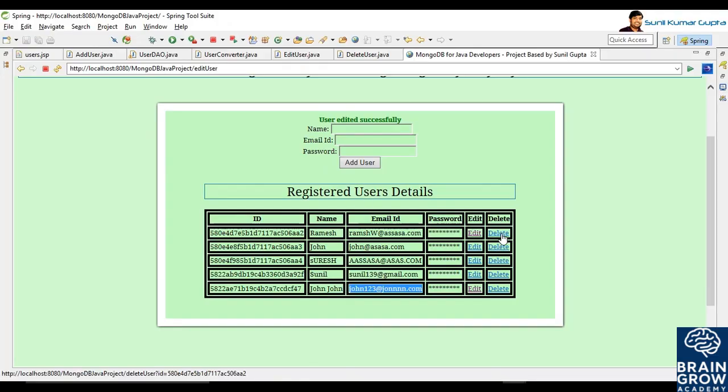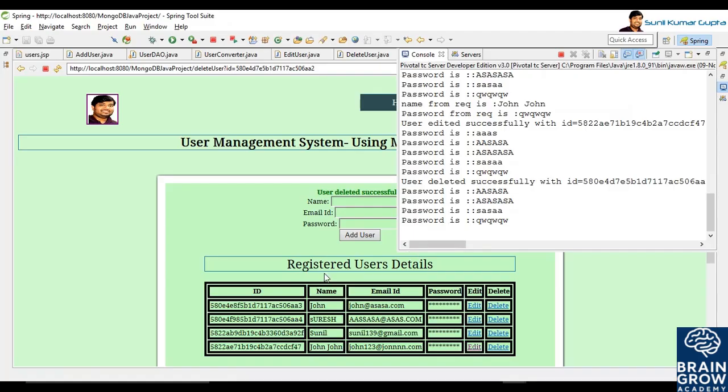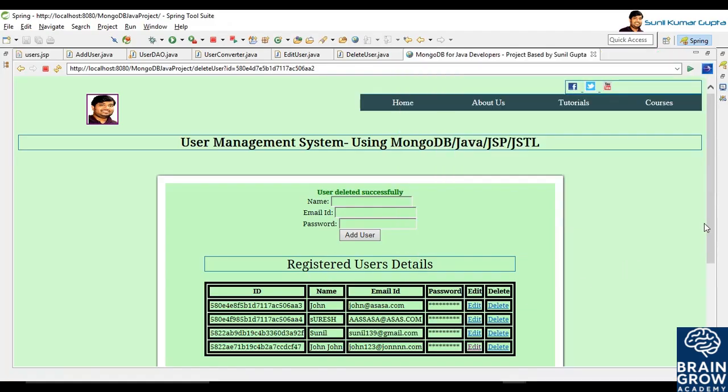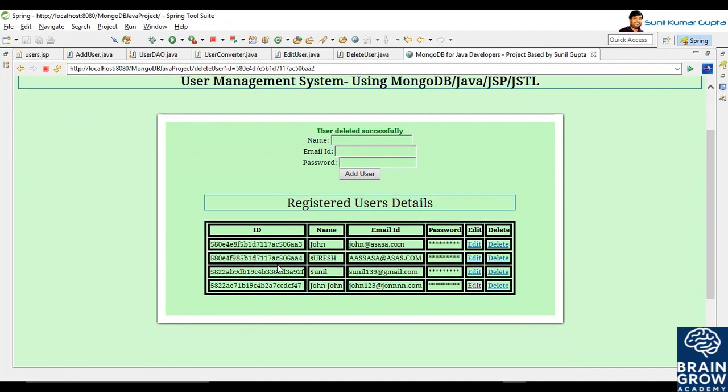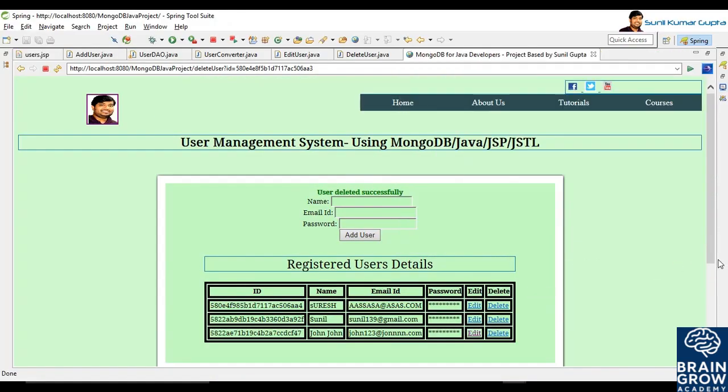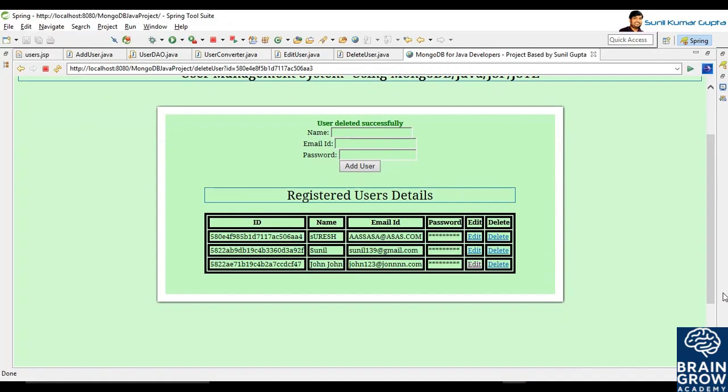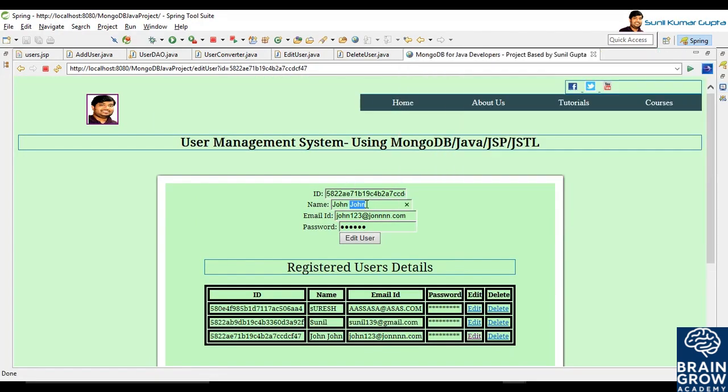So let me delete this Ramesh, the first document, our first entry. Click on delete, and see here, now that has been deleted. Let me delete the first John, that is John here, delete, and see here that has also been deleted. Let me edit the John to some other name,